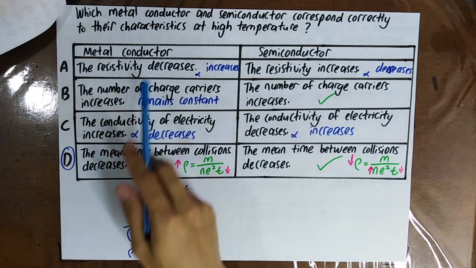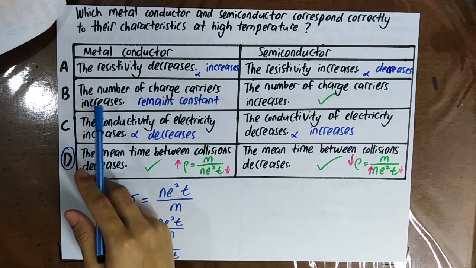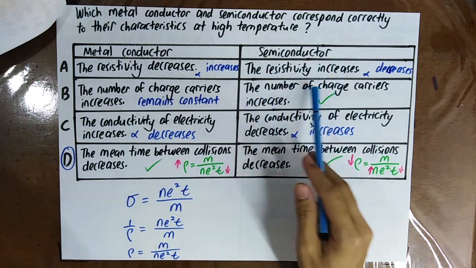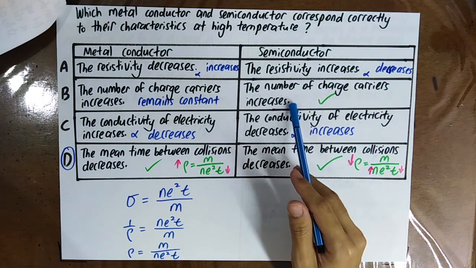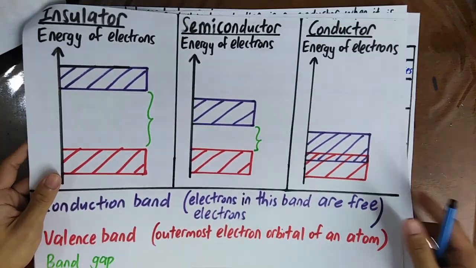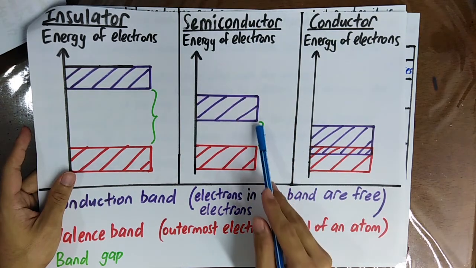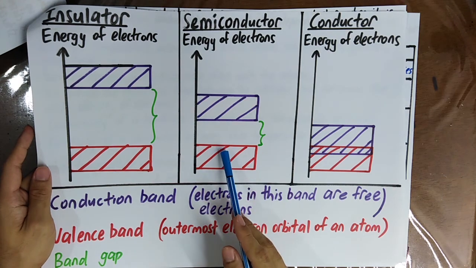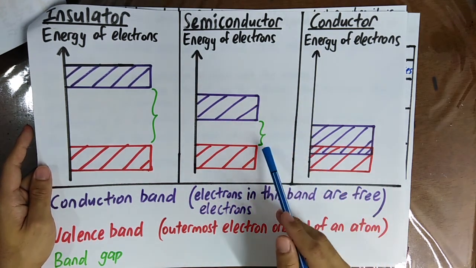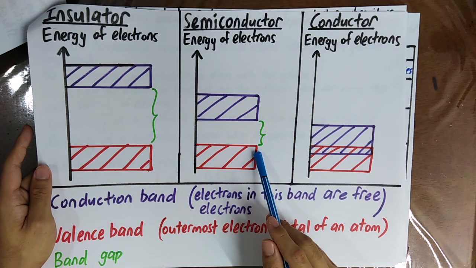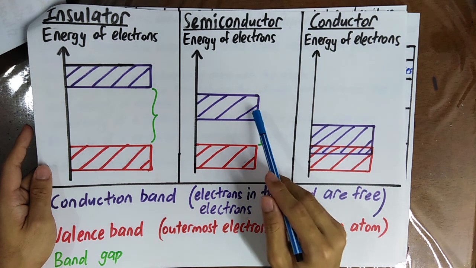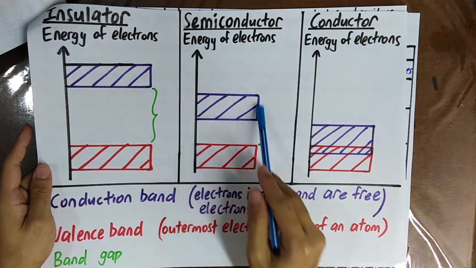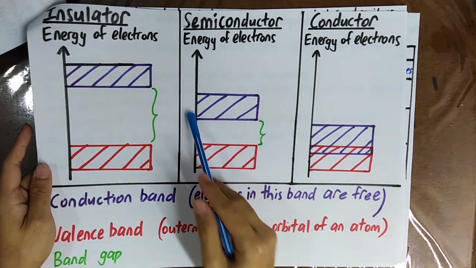For a metal conductor, you know that the number of charge carriers is almost a constant. And then for a semiconductor, the number of charge carriers increases at high temperature. Because for the semiconductor, you have a very small energy band gap between the conduction band and also the valence band. So when it comes to very high temperature, the electrons here can gain some thermal energy to be promoted to this band, so that the electrons now become free electrons to conduct electricity in the